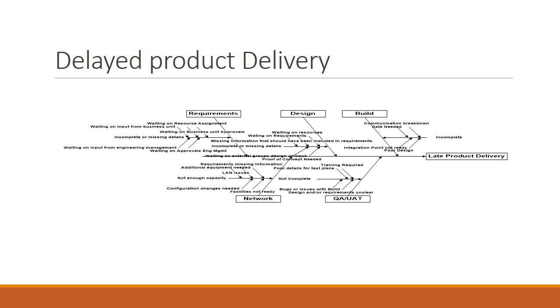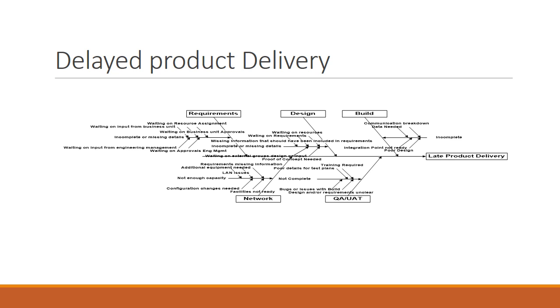Some of the examples, and I'm using my company as an example here, of things that we've seen cause delays in delivery or delays in our processes might be, and I'm picking on requirements quite a bit here because that's probably an area of frustration, things such as incomplete or missing details, where we might be waiting on resource assignment help with completing those details, waiting on input from a business unit, maybe waiting on a business unit to even improve the requirements, waiting on input from engineering management, waiting on approvals from engineering management,